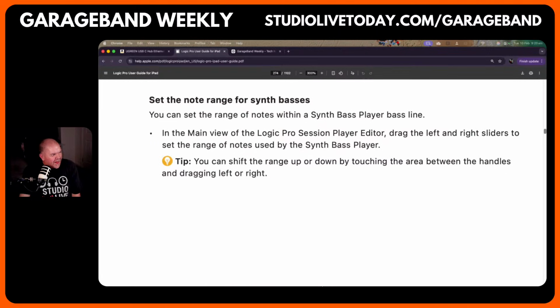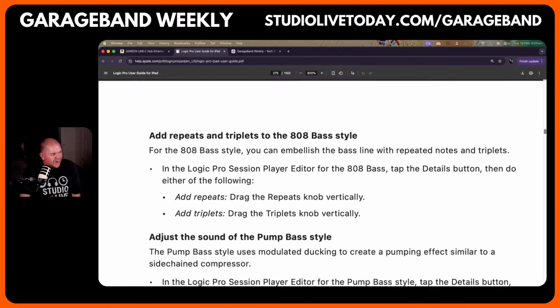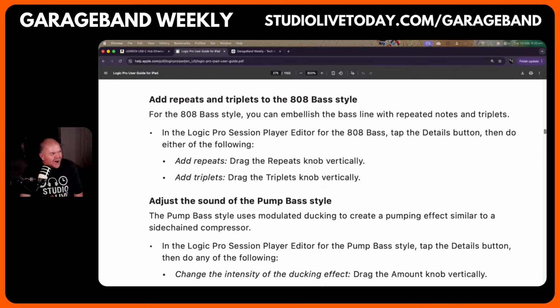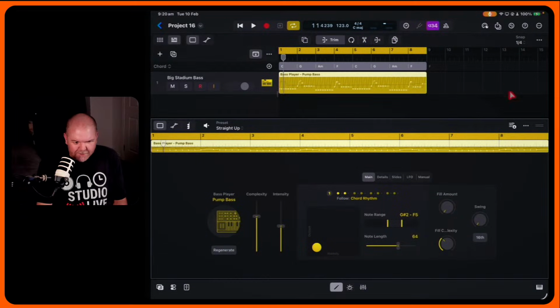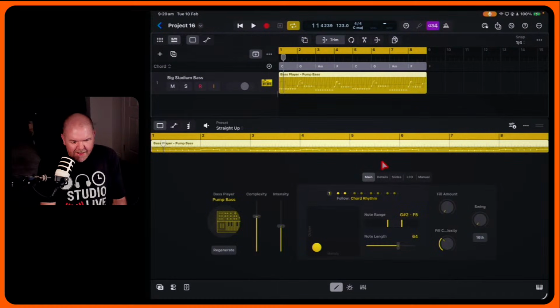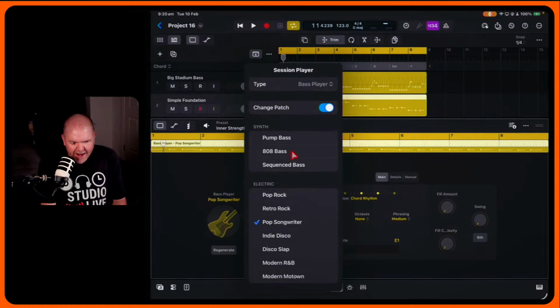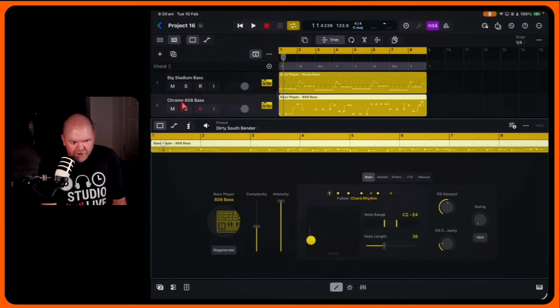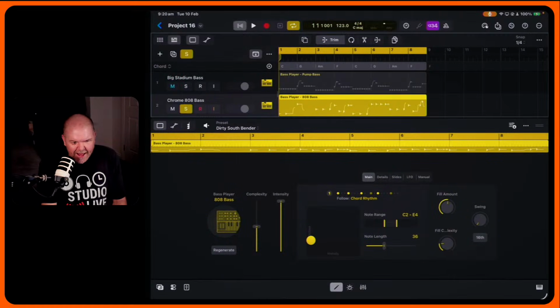So the note length, the note range, we've already done that. With the 808 bass style, you can embellish the bass line with repeated notes and triplets. So you add repeats and triplets. Let's see that, because this is in the 808 bass style only. And this is the stuff I wanted to get into the weeds of, what's in particular styles and not others. So let's just add another bass session player. And this time we want it to be the 808 bass. We'll solo it just for now. And out of the box,